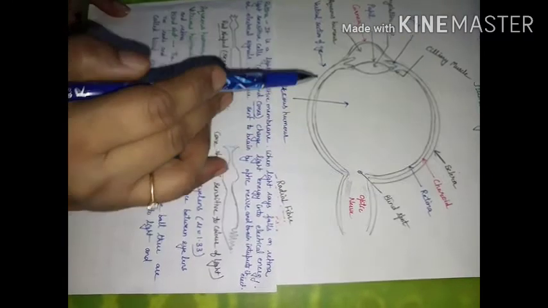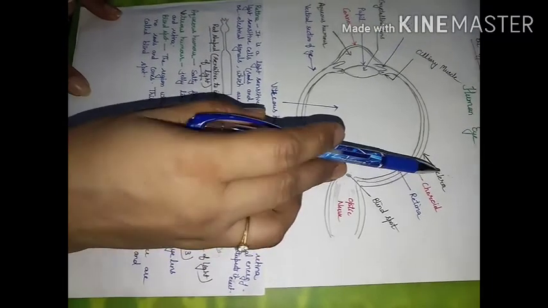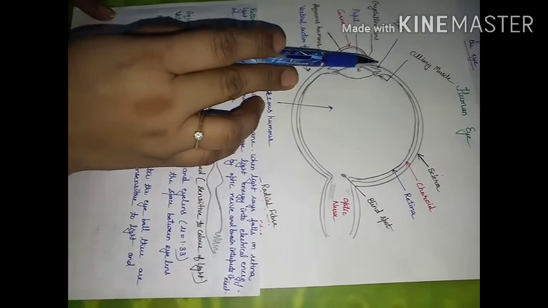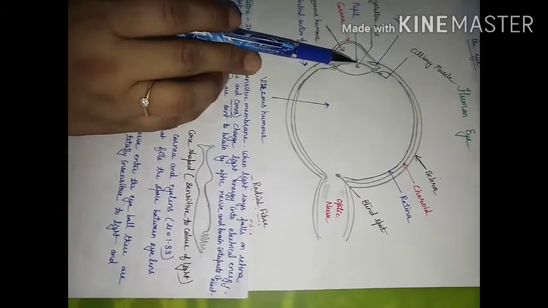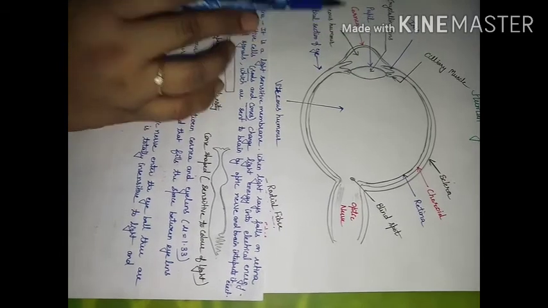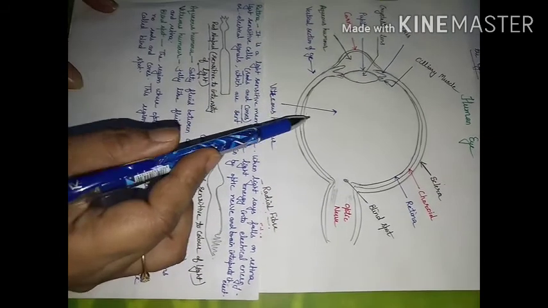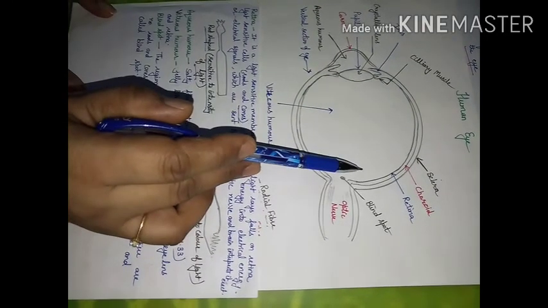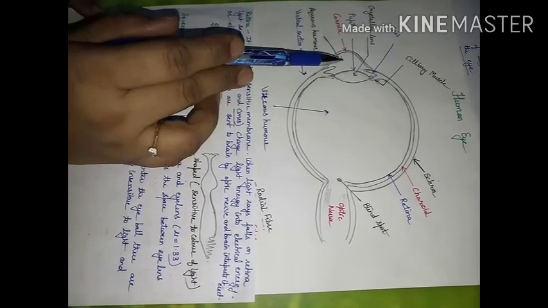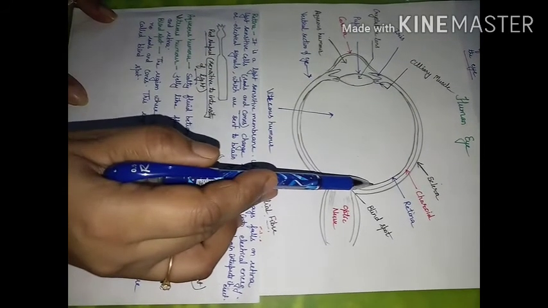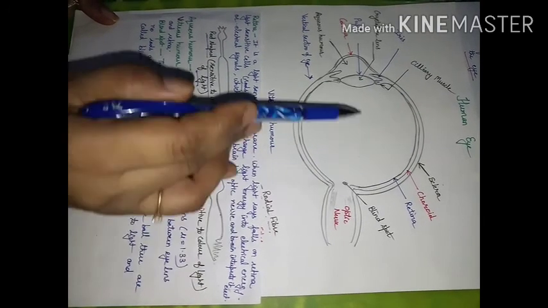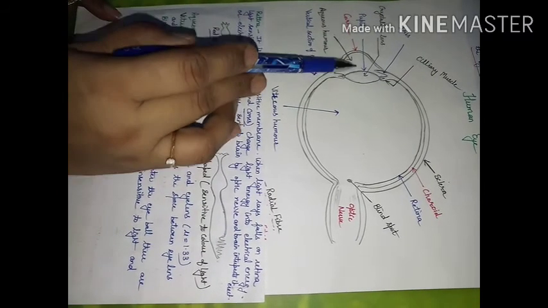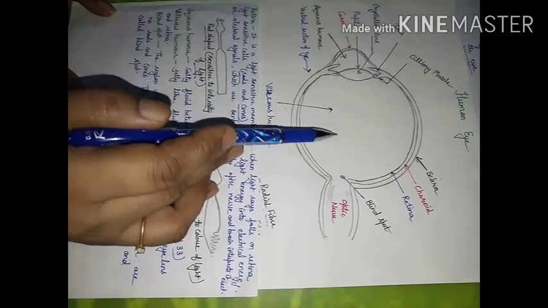Now what is left in this diagram? In this diagram, I have considered the sclera, choroid, retina, ciliary muscle function, iris, crystalline lens, pupil, and cornea. What is left is the aqueous humor and vitreous humor. When light passes from air into the human eye through various chambers, finally forming an image at the retina, sufficient refraction is produced by the cornea, the aqueous humor that is present here, the lens, and the vitreous humor that is present here.